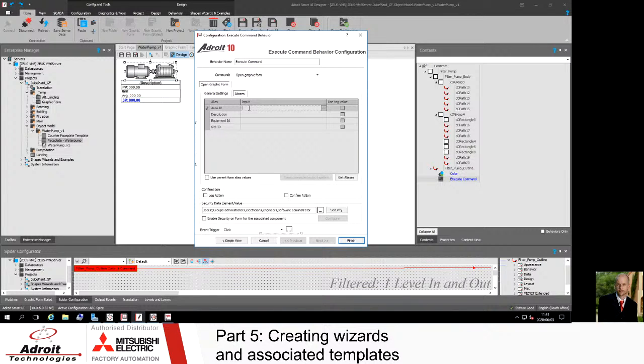Now, what we can typically do is we can come in here and we can browse in for our different data elements, but I don't want to do that. I want these to be changed. I want these guys to take their substitution from the wizard itself. So what I do is I use exactly the same substitution again, just to prompt the wizard to fill in. So area ID,